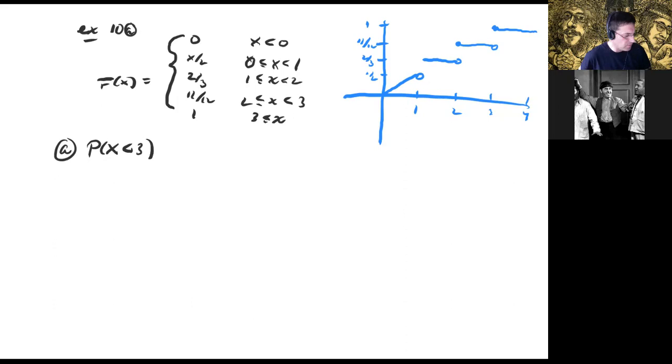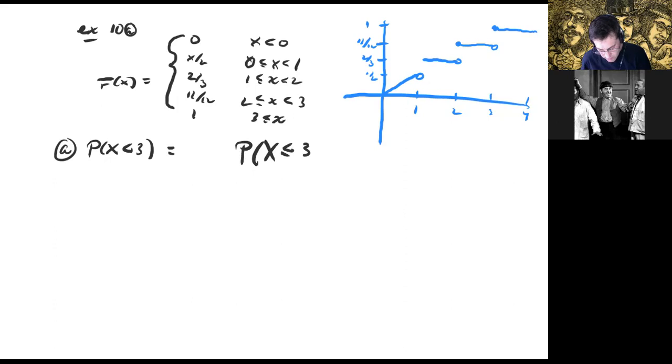Well, there are 4 parts, and I'm just going to do one part at a time. So let's compute the probability that x is less than 3. The way to do this is to relate that to the cumulative distribution function. And one way to do that, what does it mean for x to be less than 3? Suppose that instead of x less than 3, we look at x less than or equal